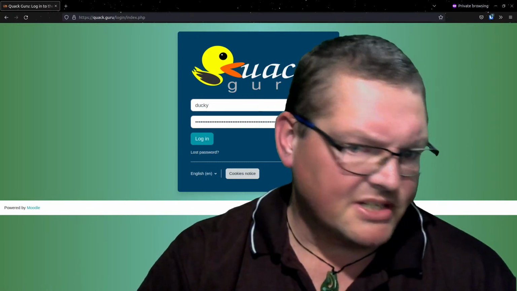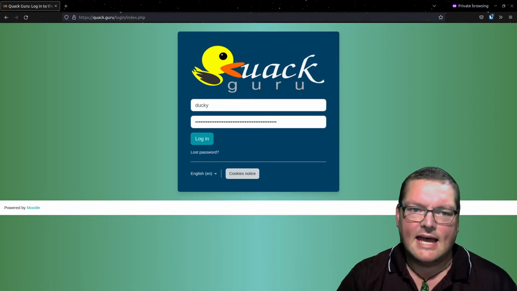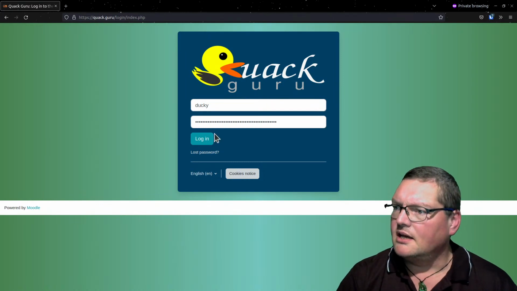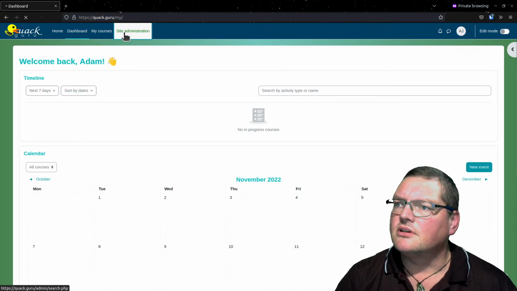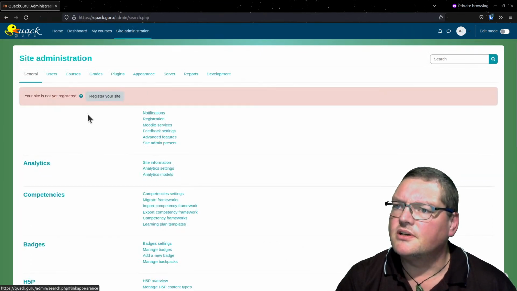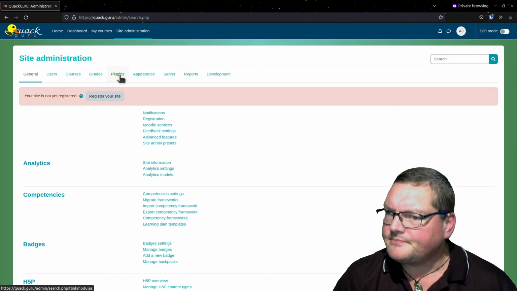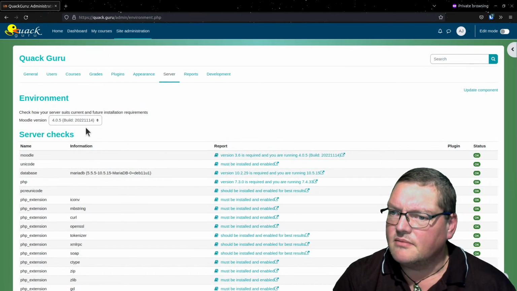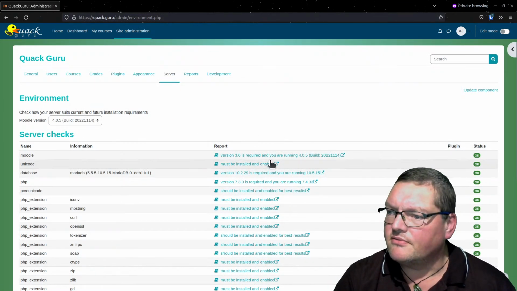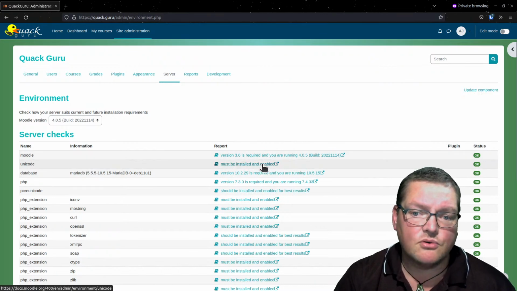So I'm going to reduce my size. That's better. Okay, first thing I'm going to do is log in here, and go to my site administration page. I haven't registered this one. I'm a naughty boy. I'm going to go to the server tab, and look at environment and make sure that my server environment is all good and ready for Moodle